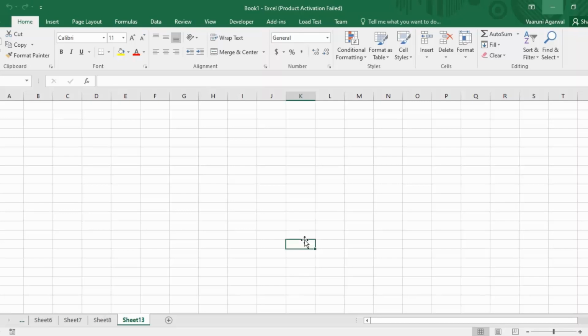Hello guys, welcome back. In today's Excel VBA video, we are going to see a very important feature in Microsoft Excel which we teased in the previous video, and this is known as the Insert Cells feature. In the previous videos we have already covered the Delete Cells feature, and this Insert Cells feature is the exact opposite of the Delete Cells feature.